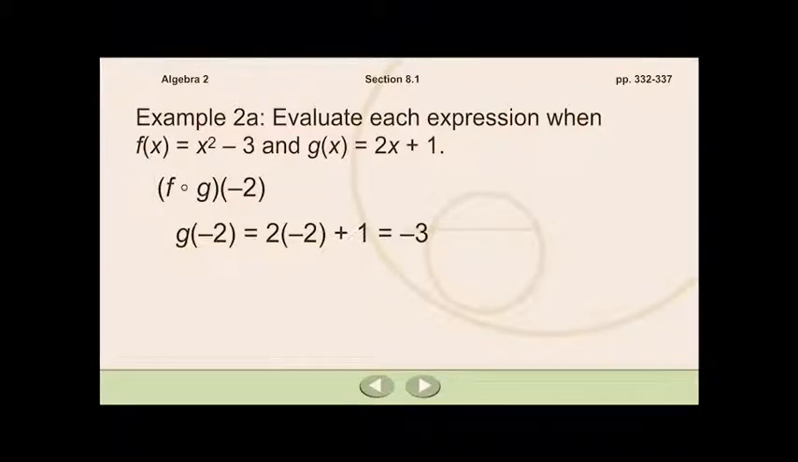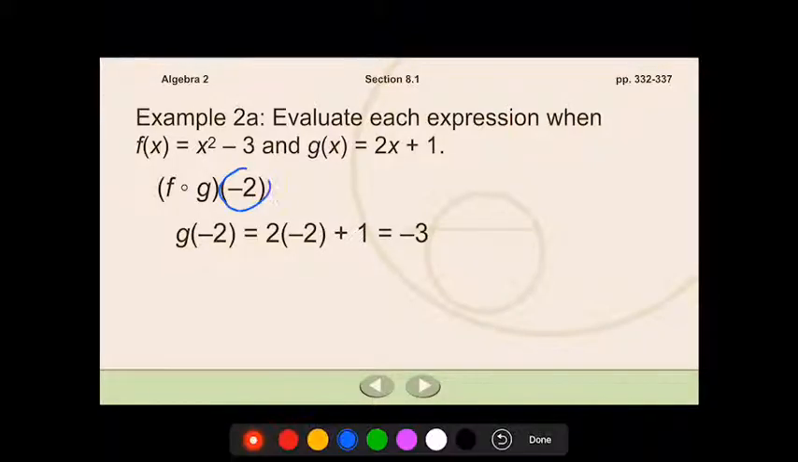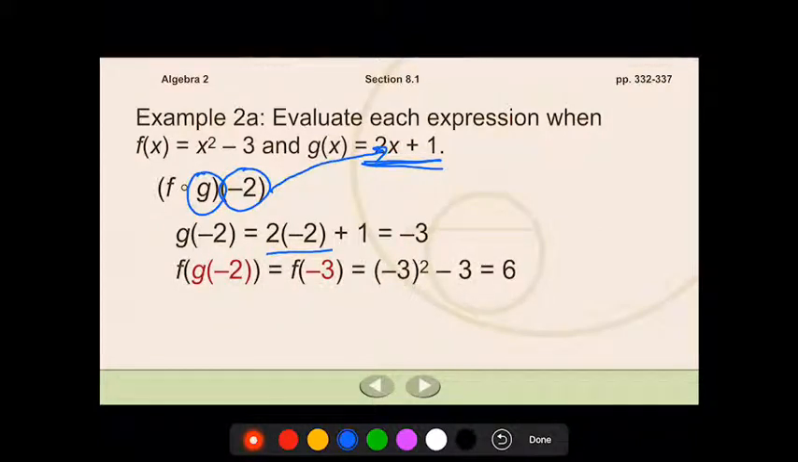What the textbook recommends is to go ahead and plug the negative 2 in for the g of x. So you take the g of x function right here, and literally I plug that 2 in the place of x. And you can see that's what's done here. 2 times x, which was negative 2, plus 1 gives you negative 3. And then they'll take that value and they'll plug it into the f of x. So they'll take this negative 3 and they substitute it back in where you see x in the f of x function. So that would be negative 3, the quantity squared, minus 3, which would give us 9 minus 3,